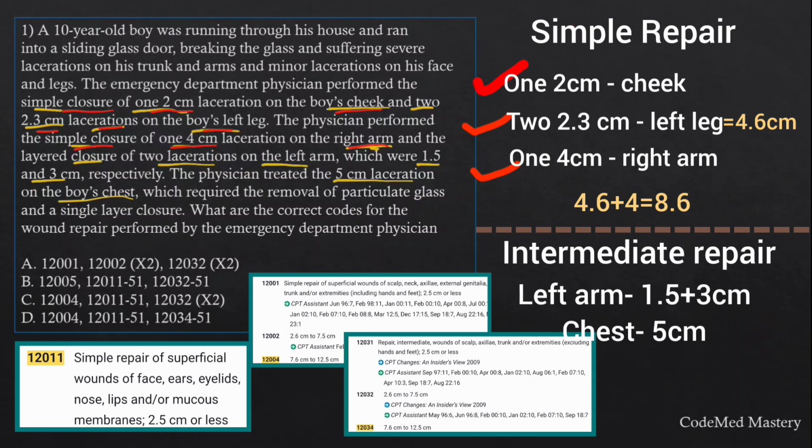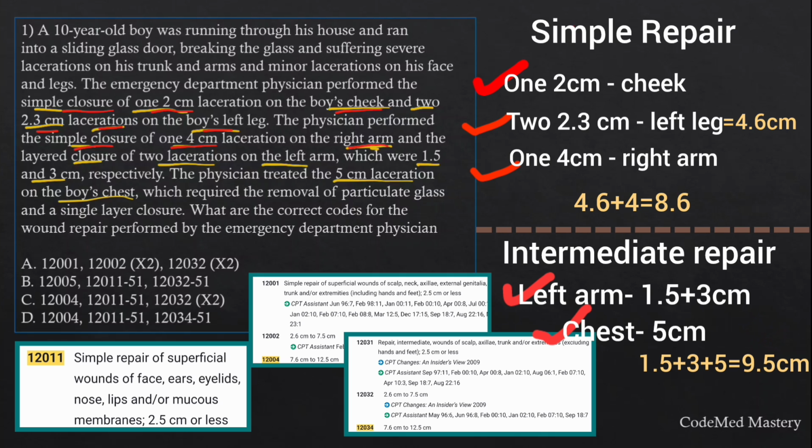So here we are coding for the left arm and boy's chest. These anatomic locations we can add, and the size is 1.5 centimeter plus 3 centimeter plus 5 centimeter. So total it is 9.5 centimeter. Therefore, we can use the code 12034, that is repair intermediate wounds of scalp, axillary, trunk or extremities 7.6 centimeter